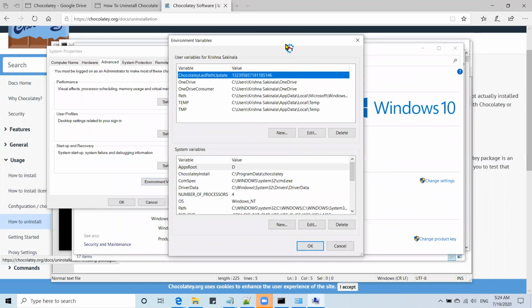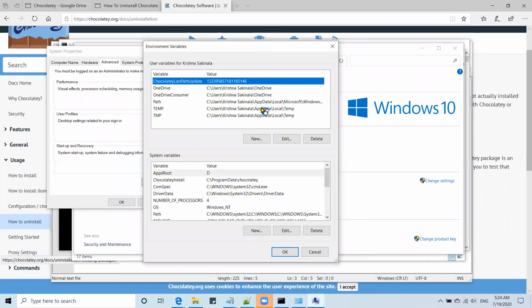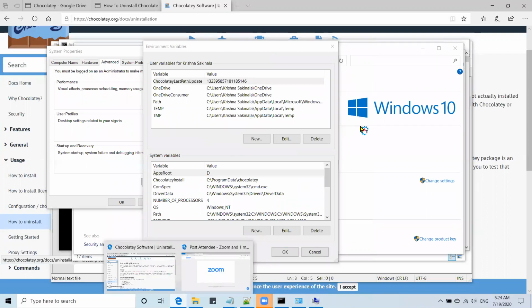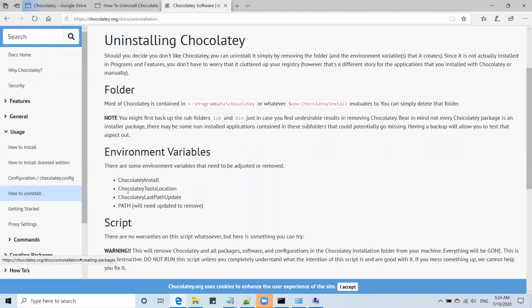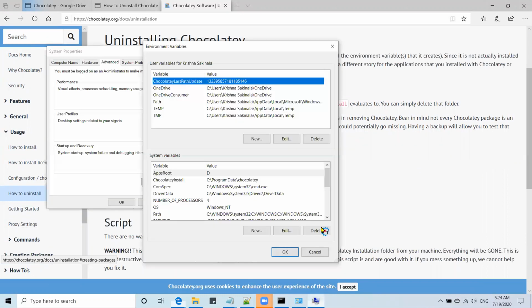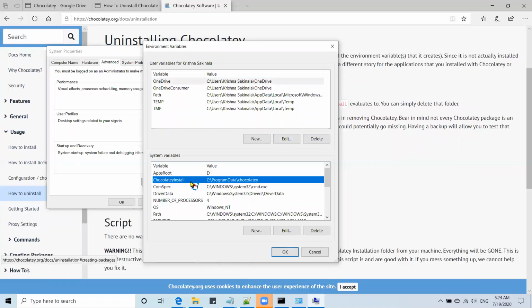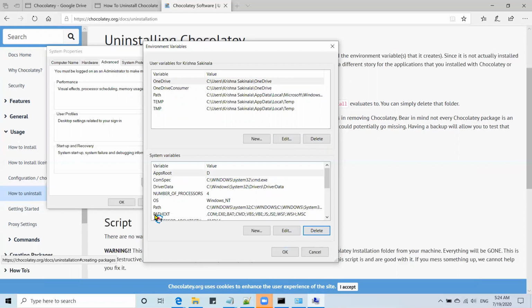Now you can see some of the options which we have seen there in the documentation. You see ChocolateyInstall, ChocolateyToolsLocation, ChocolateyLastPathUpdate, something like that. If you have anything like that, select it and delete. You see that ChocolateyInstall in this location, delete.